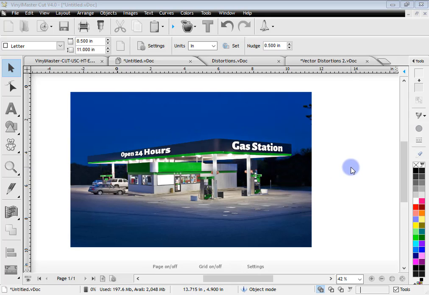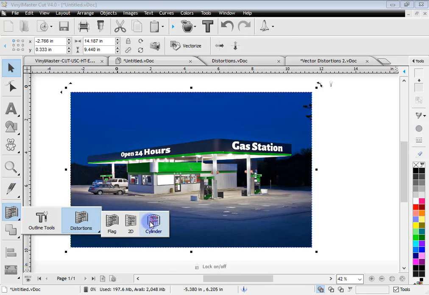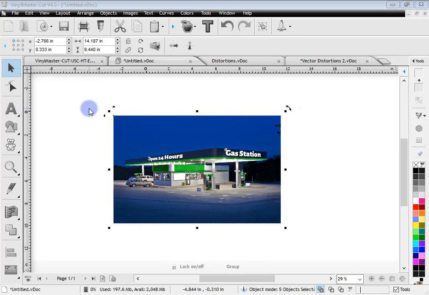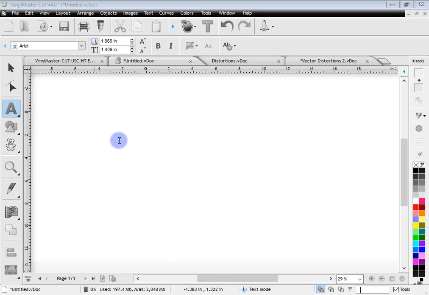So whether or not it's just to create this illusion of it being in perspective, or actually creating perspective artwork, you can do that quite easily using these tools. Now the other one you can try, if I select something here, is this cylinder tool. So what I'll do is I'll zoom out, I'll delete that, so I might make something, I'll do it in